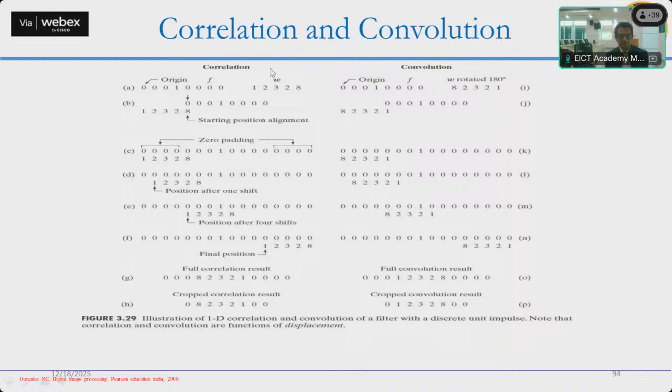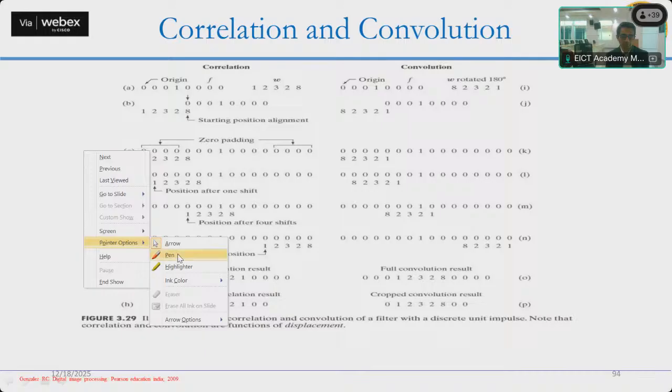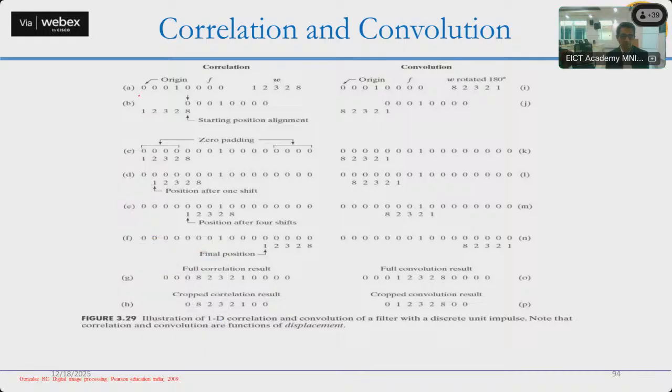So here you can see the operation. For example, some origin is there. This is one dimensional, only shown here so that you can understand the operation; otherwise, an image is two dimensional. What has been shown here? See, this origin is there. What is its length? 1, 2, 3, 4, 5, 6, 7, 8. For example, we want to find the correlation of this f, this linear one, with the w.